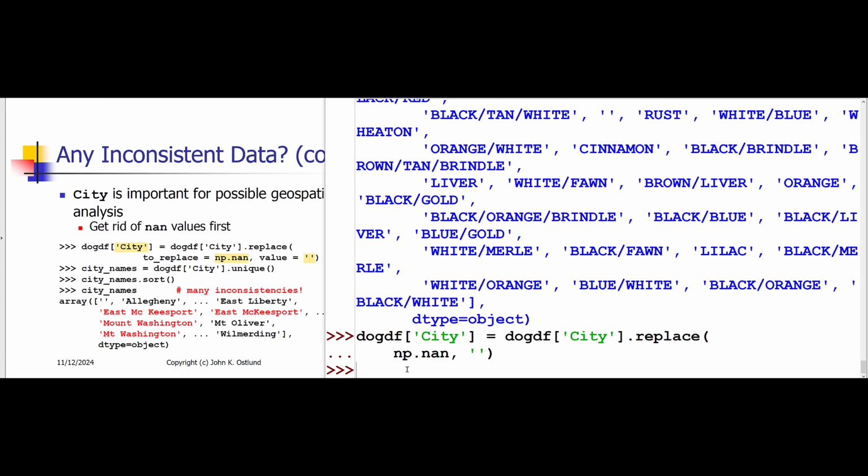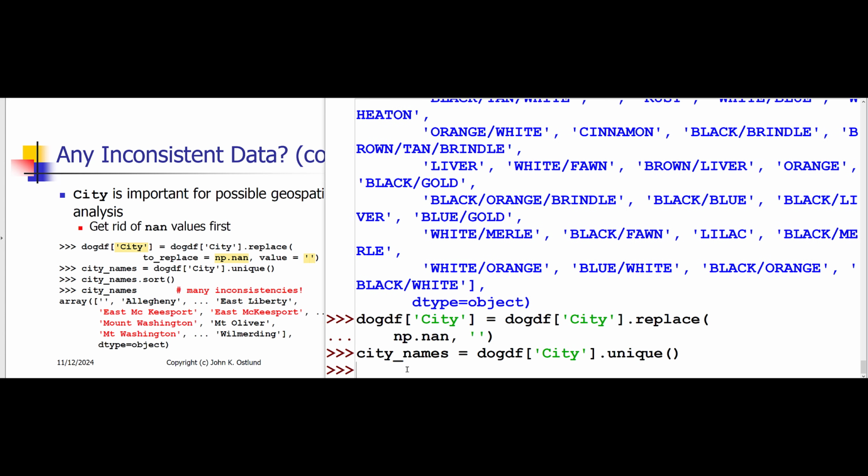And now, when I get all the city names from that column, the unique city names, dog df, whoops, and sort these,